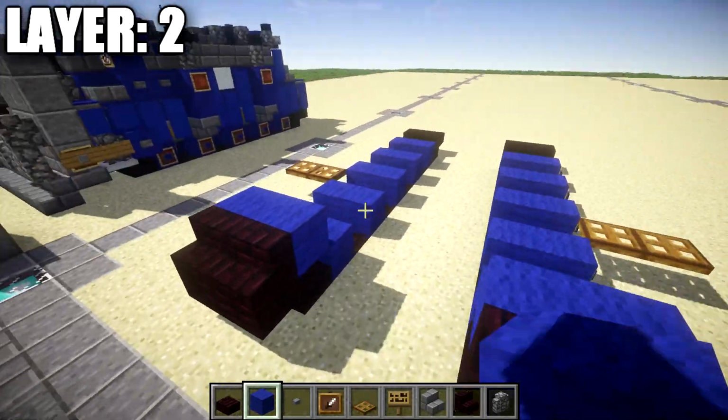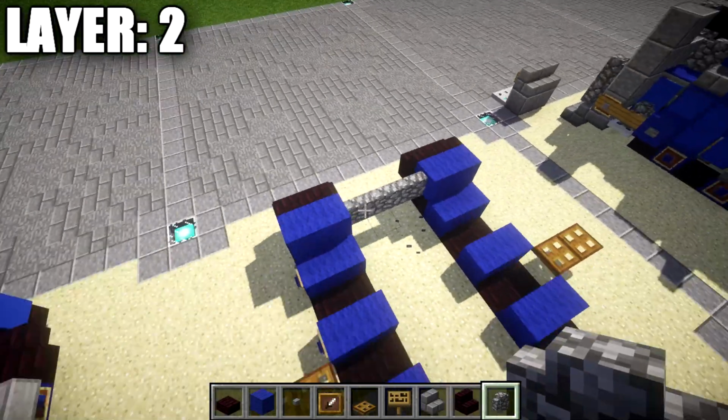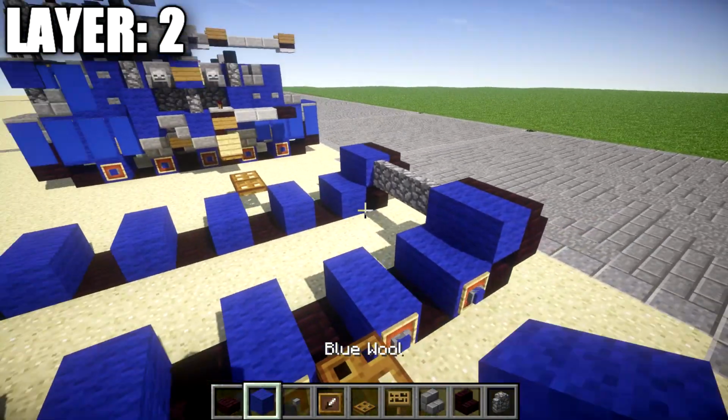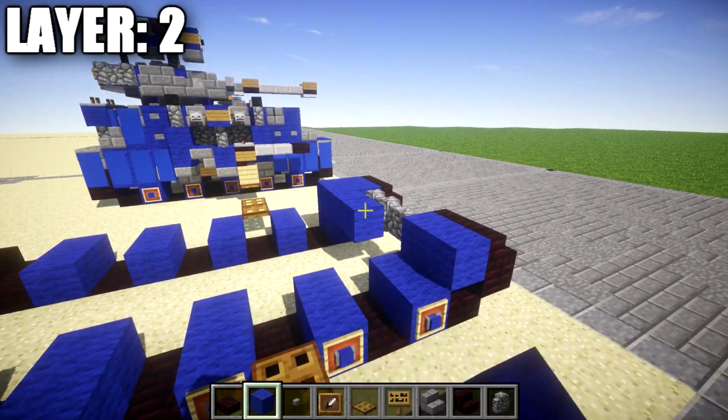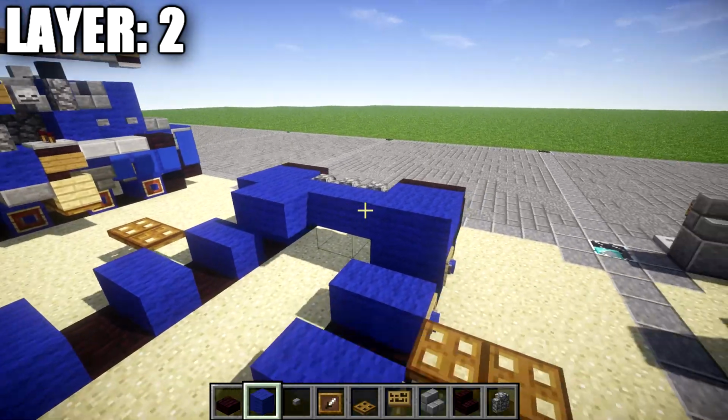In the space in between these blue wool blocks, we're going to place down a row of 3 of cobblestone walls going across the middle portion here of the tank. When that's all done, we want to go ahead and take our blue wool. We're going to place down a row of 7 of blue wool all the way across. When we come to this section here, we're going to place down a row of 5 of blue wool across